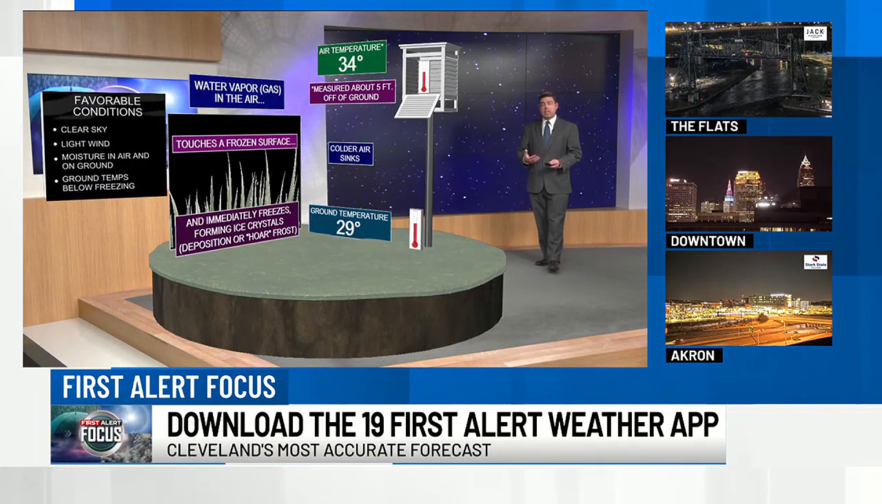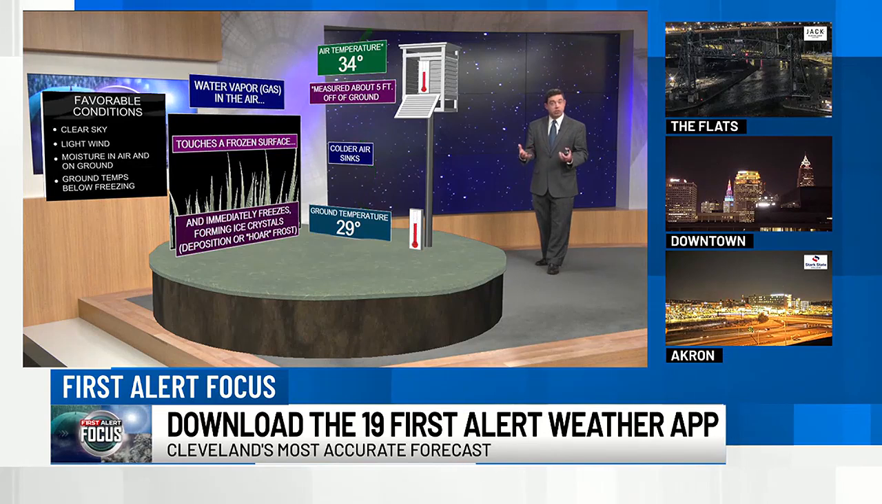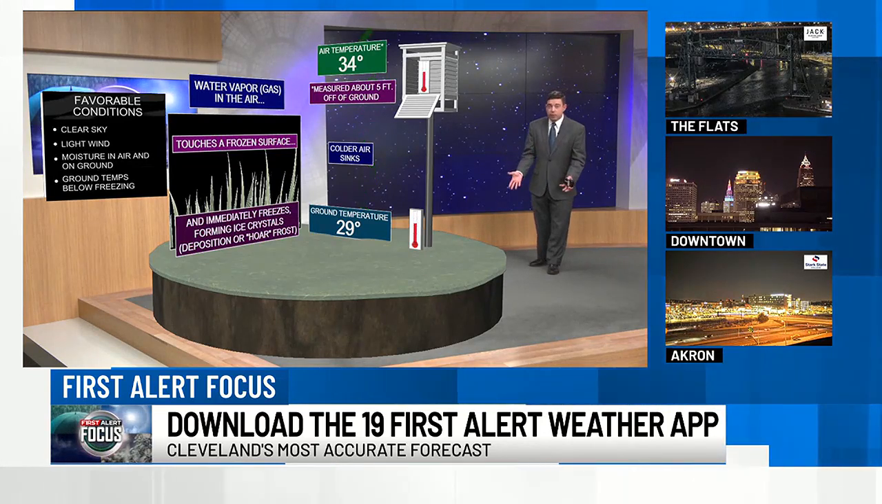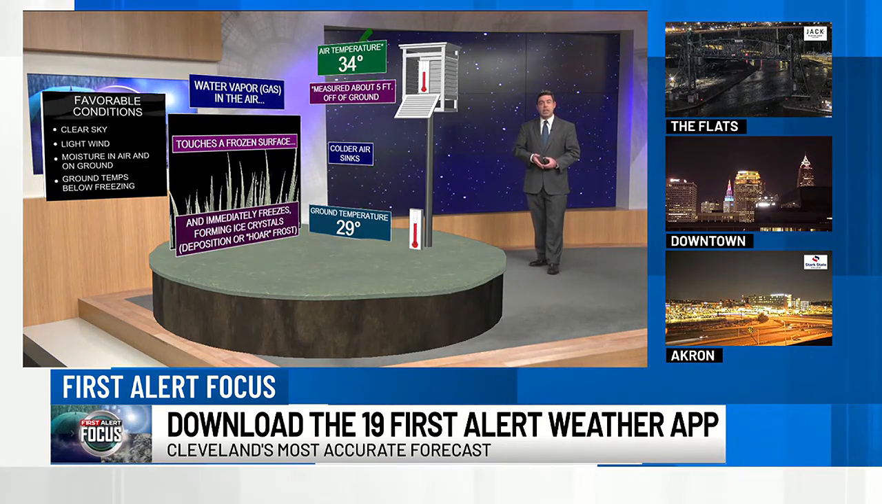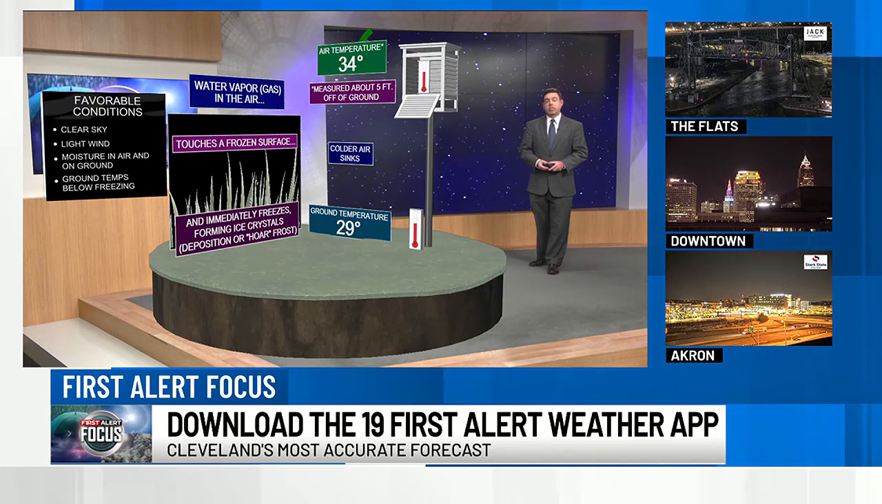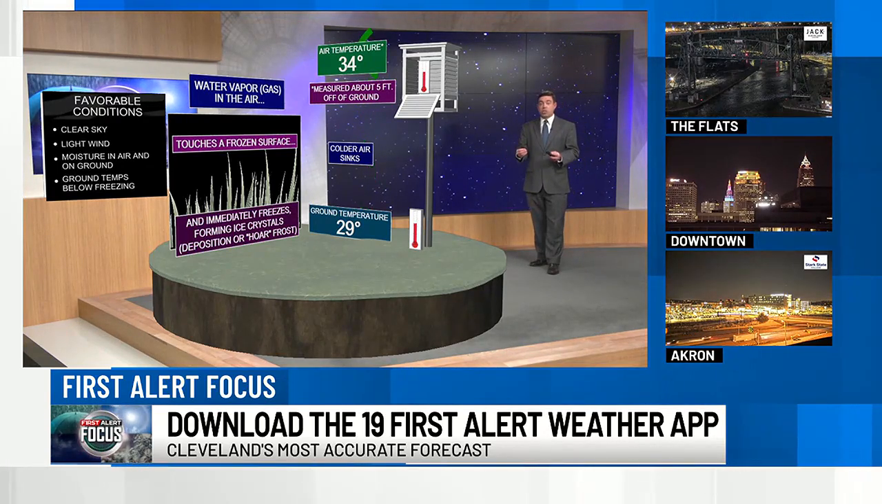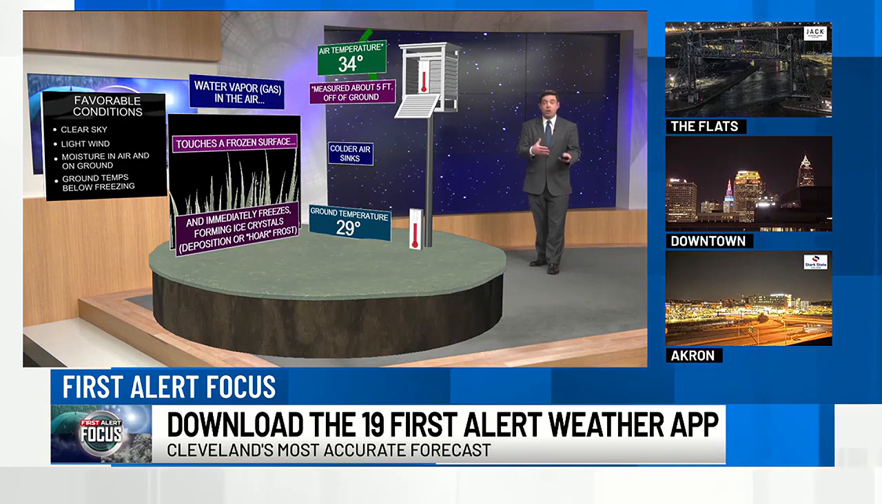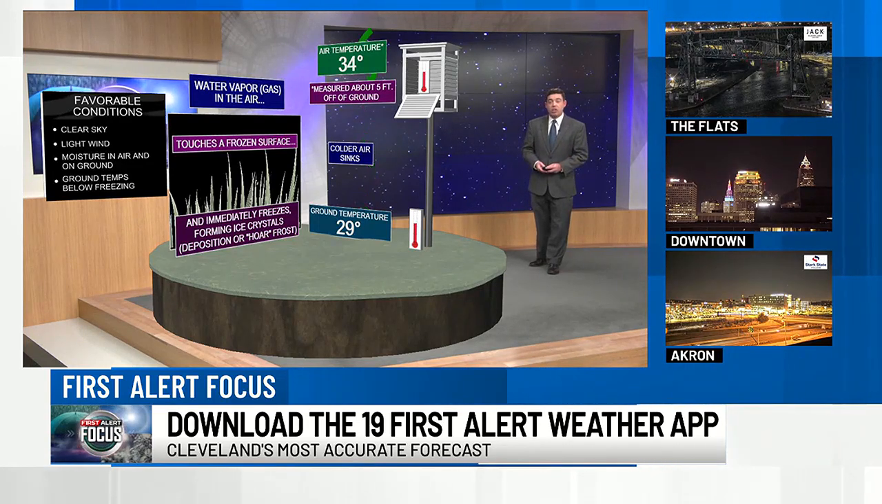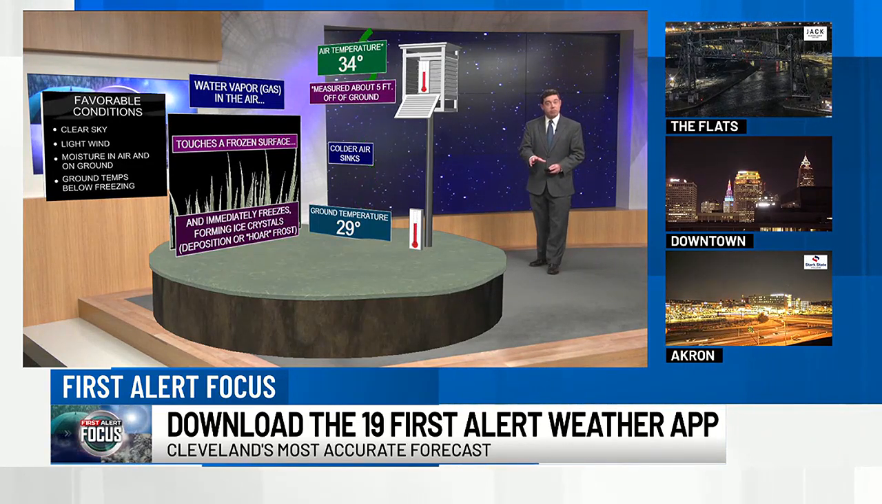So what are some of the conditions you need? Well, you need a clear sky, so no cloud cover, for the warmest air anyway to escape back to the atmosphere. You need a light wind out there. You need moisture both on the ground and also in the air, and you also need those ground temperatures below